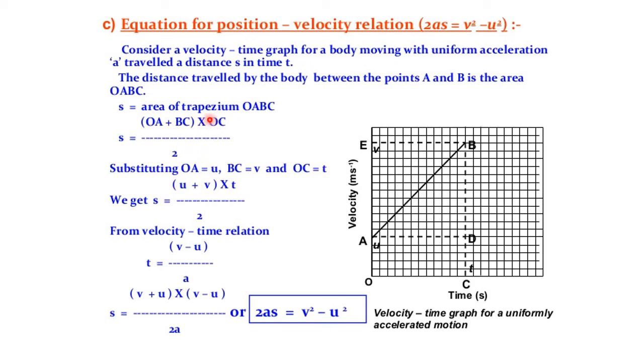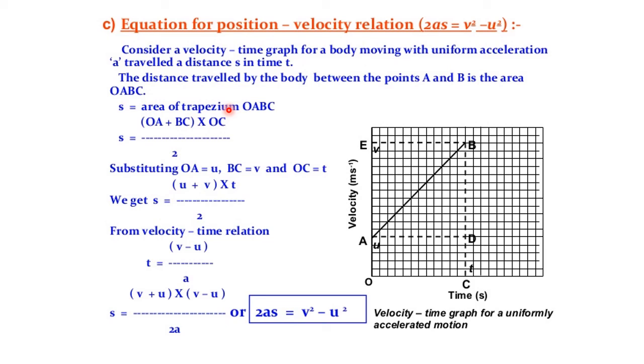So again S is equal to area of trapezium OABC. Here we can apply the formula of area of trapezium. What is the formula of area of trapezium? Area of trapezium is sum of the parallel sides. Which are the parallel sides? OA and BC. These two are the parallel sides, into height. Here which one will be the height? OC is considered to be the height over here. I am repeating it again. Area of trapezium is sum of the parallel sides into height, divided by 2. So this is the formula of the trapezium.